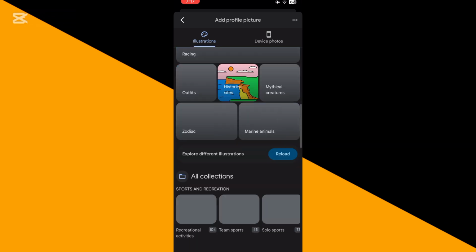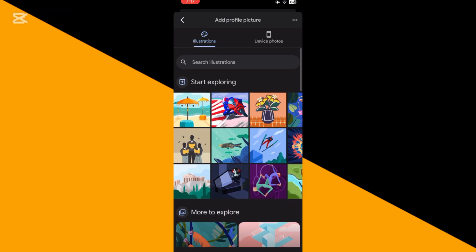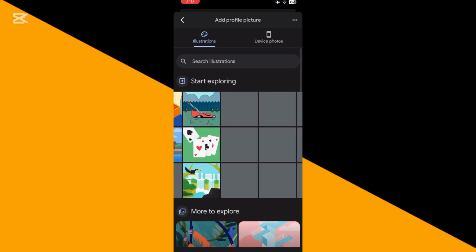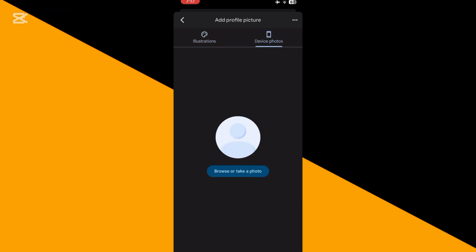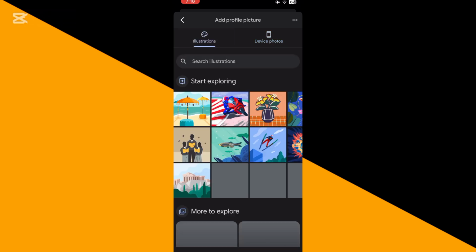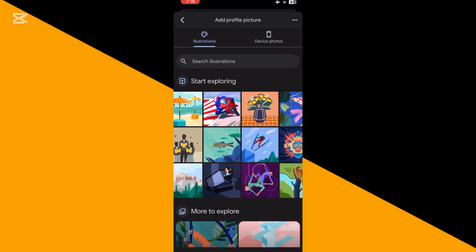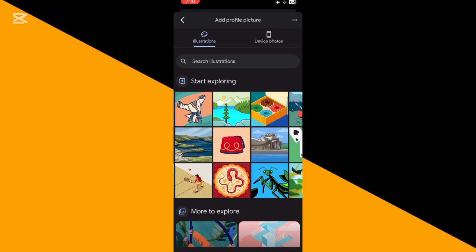There are some illustrations, animated pictures that you can use as your profile picture, or you can simply tap on the top right corner on device photos, and from there you can tap on browse or take a random photo, or in my case I will choose one of these illustrations. So I will tap on like this one,